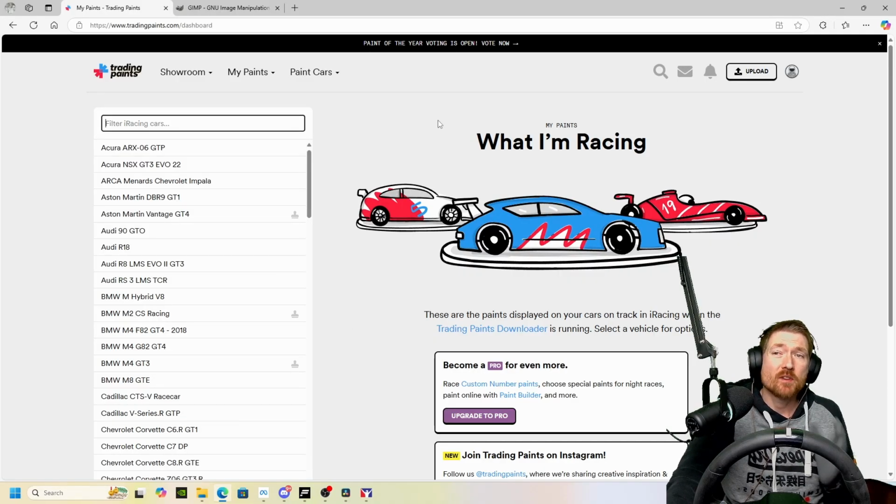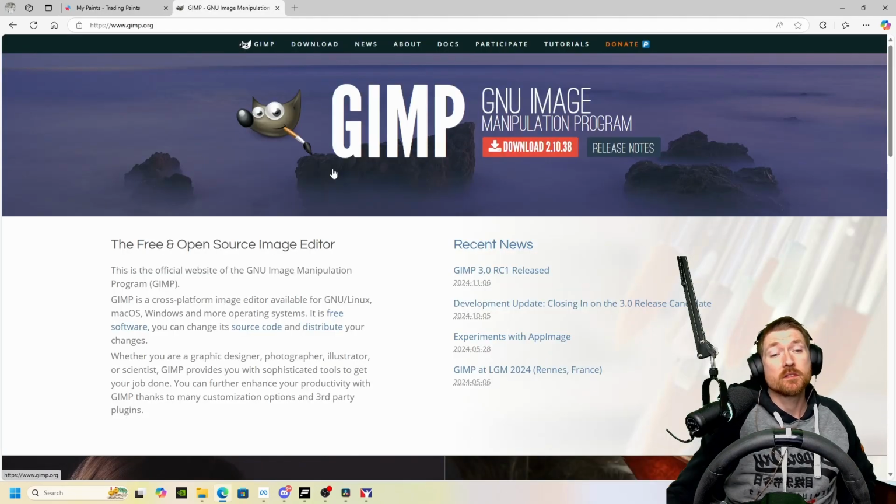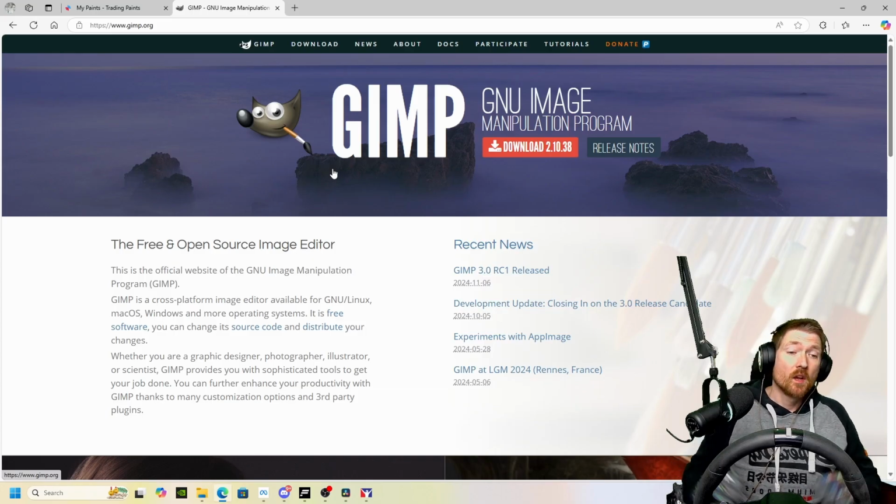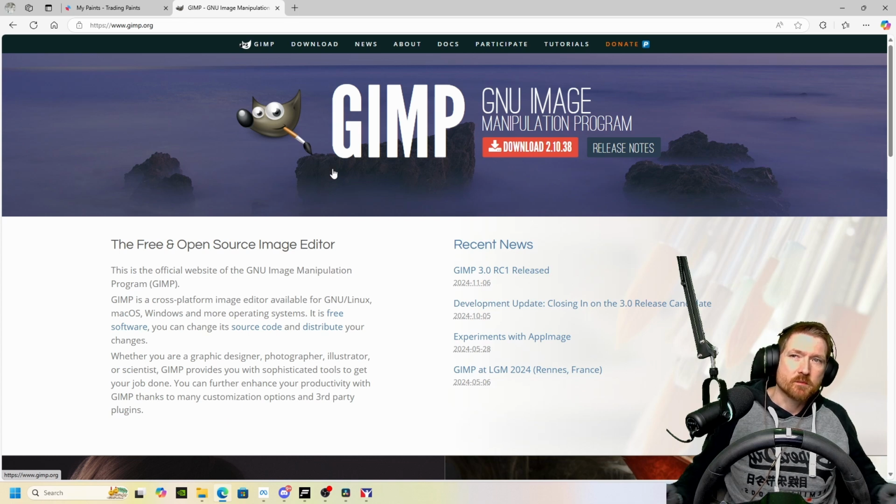You're going to need Trading Paints. You should probably already know about this if you're in iRacing anyway. So, obviously, you're going to need that. And GIMP is what I use to edit the images, to upload it and make it done. So, those are the two programs you're going to need. I'll leave the links in the description, but obviously,